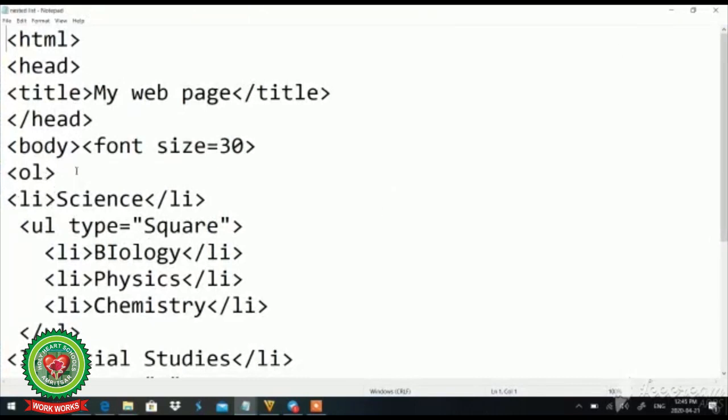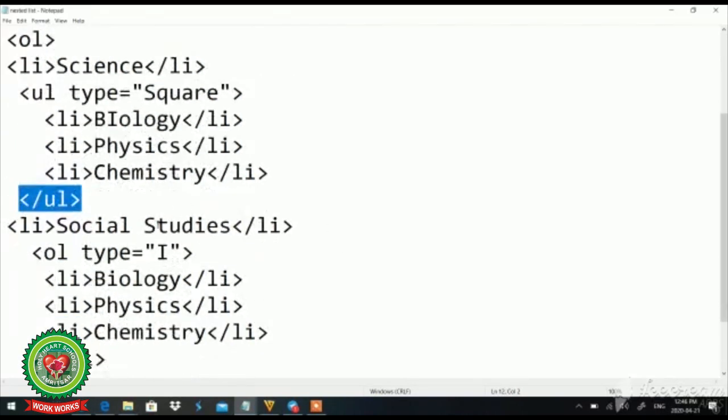See, I have used OL tag for my ordered list. I'll use li for list item. As I discussed with you in the last lecture, I use the subject name. I'll close this li. Again I started this ul. This ul makes a nested list. I'll use its type, then I'll type its subtypes and I'll close this ul.